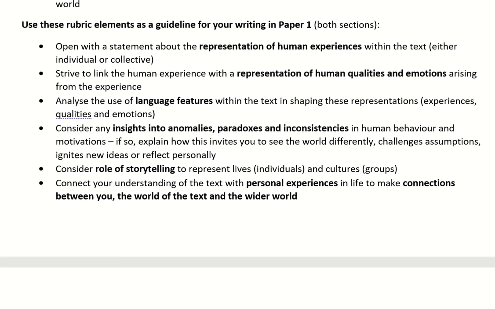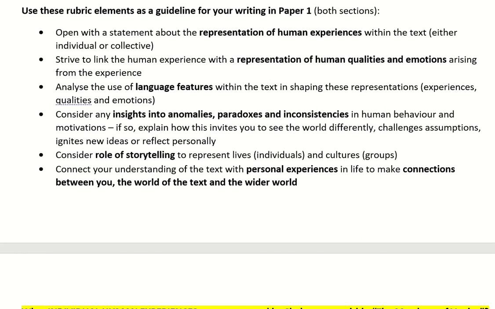This is just a bit of a guideline for your writing in paper one, for both section 1 and section 2, your essay. It's a really good idea, Year 12, to start with a statement that encapsulates something about a representation of human experiences within the text.